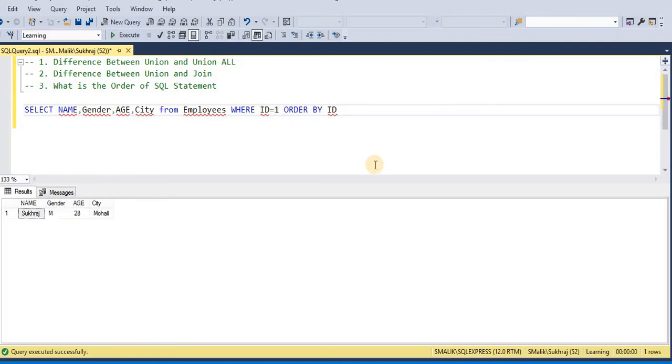So in this case, if someone asks in which order all the statements will work, we can say that first of all, from will get executed. This is the order. First of all, from will get executed. After the from, where will get executed.